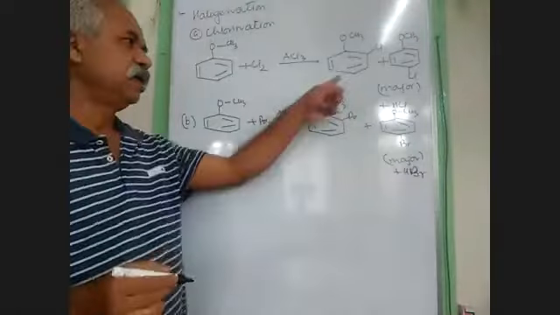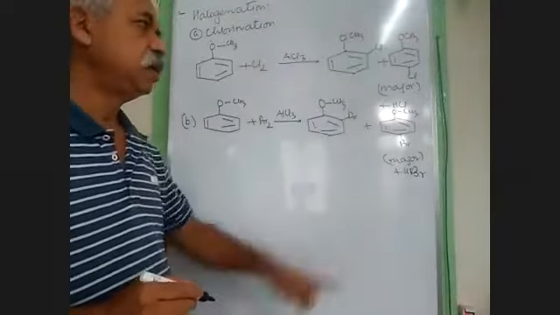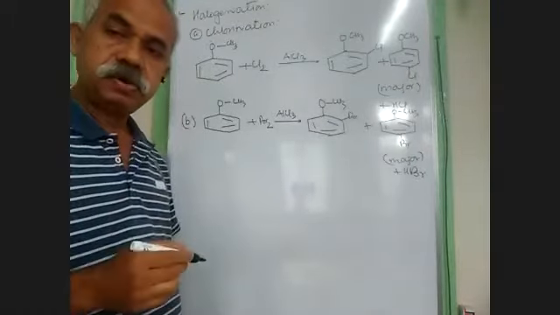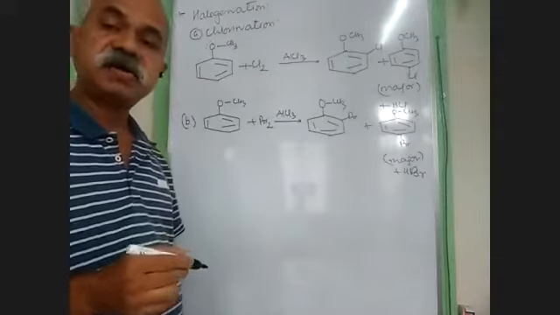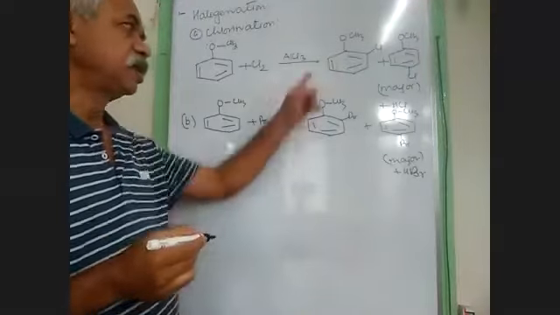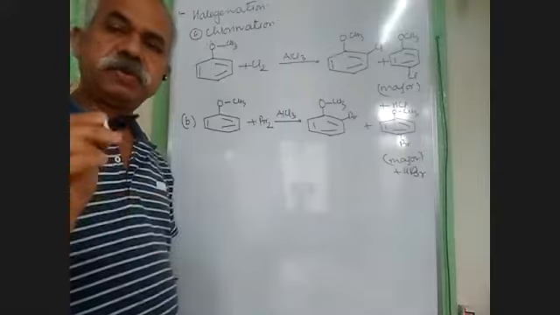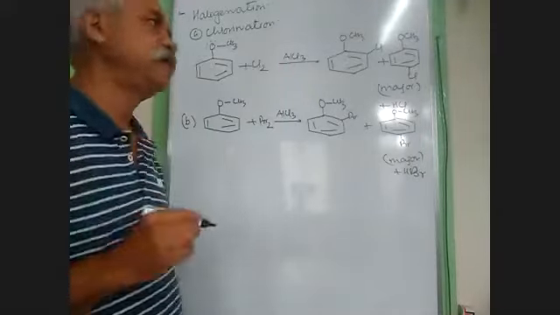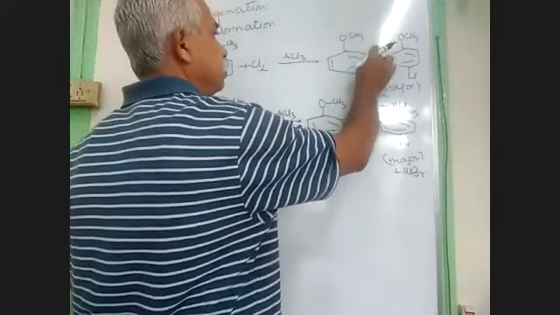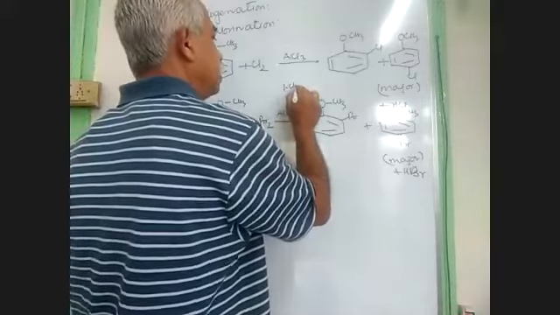Achha, now see, common name is ortho-chloroanisole, para-chloroanisole. What will be the IUPAC name? I have told you that ethers and halogens are considered as substituents. So in that case, none of them are considered as functional group. So we have to number it in alphabetical order. This is methoxy, this is chlorine. Obviously, you have to put 1 here and 2 here. So it is 1-chloro,